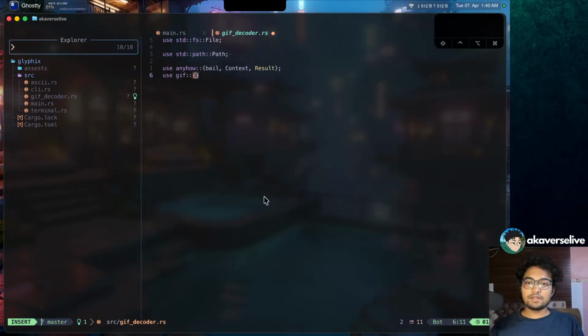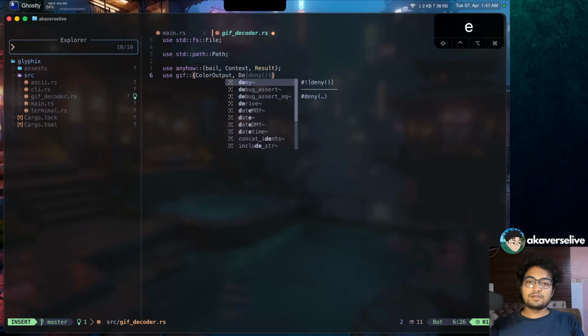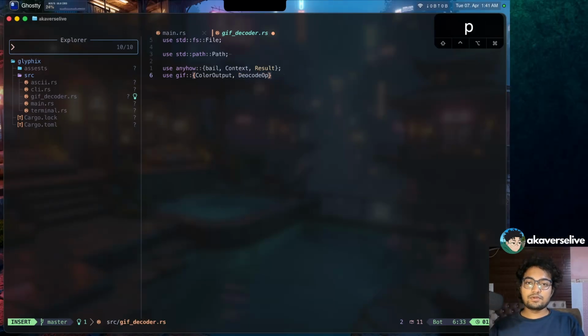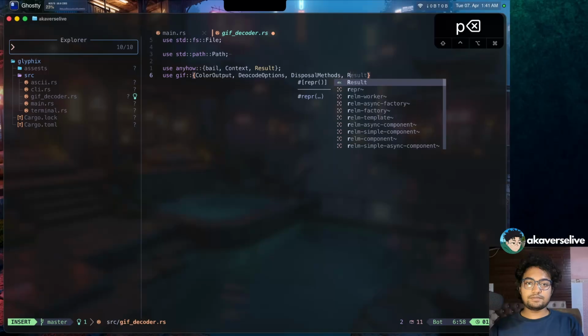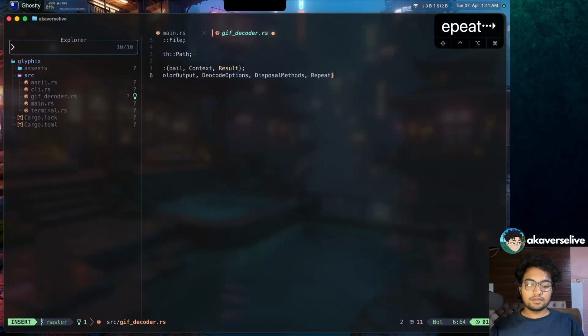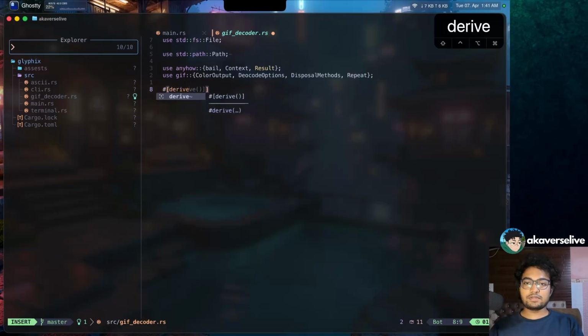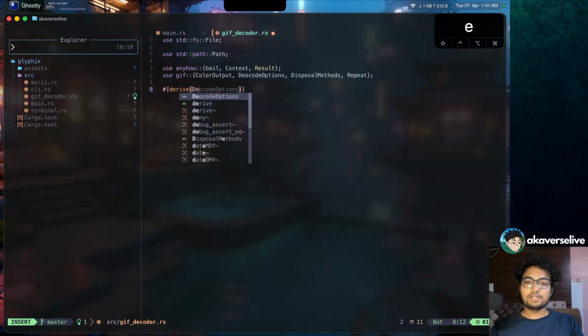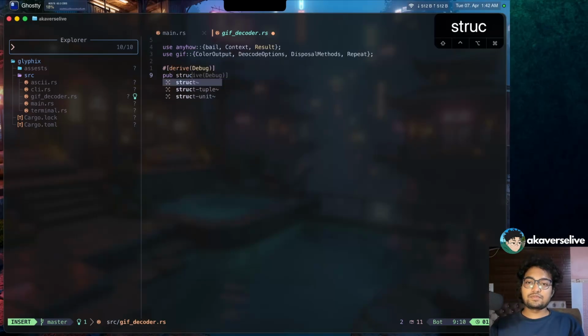What do we need in GIF? ColorOutput, then DecodeOptions, then DisposalMethod, and finally Repeat. These are associated functions we will be using. Structure, derive, Debug. So pub struct